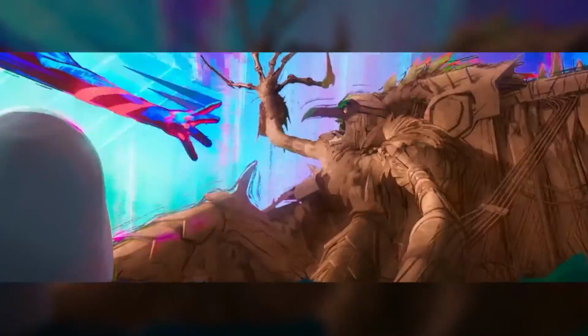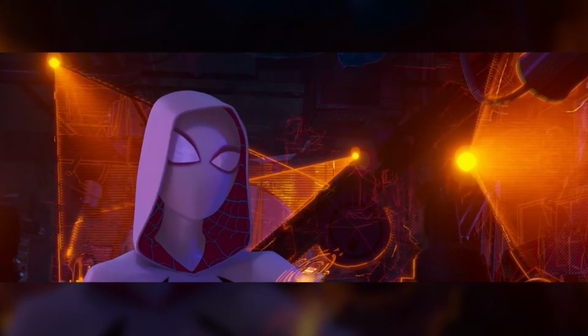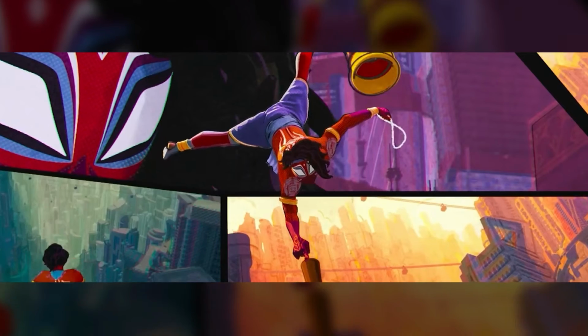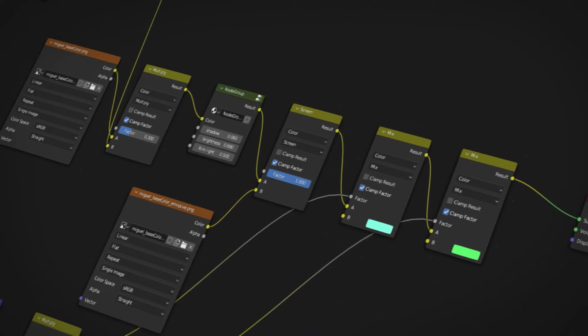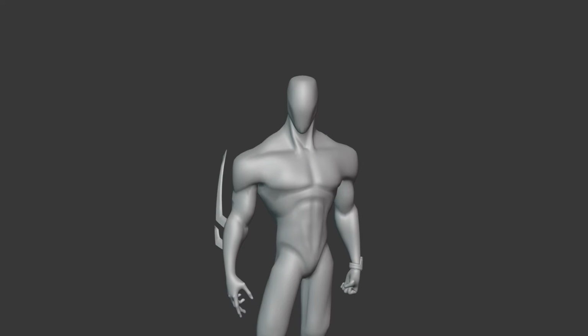Spider-Man Across the Spiderverse shows us another amazing collection of art styles in the second movie, and I'm very sure this movie inspired a lot of artists to learn and create something in this art style. And in this video, I'll show you how I create this Spider-Man 2099 shader from something that looks like this